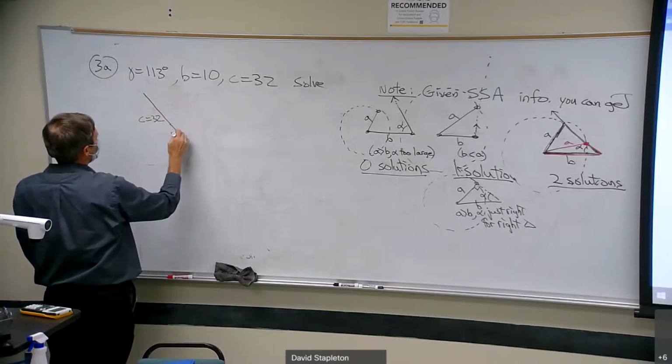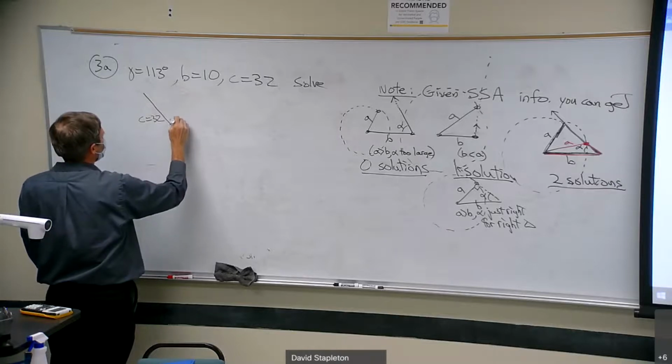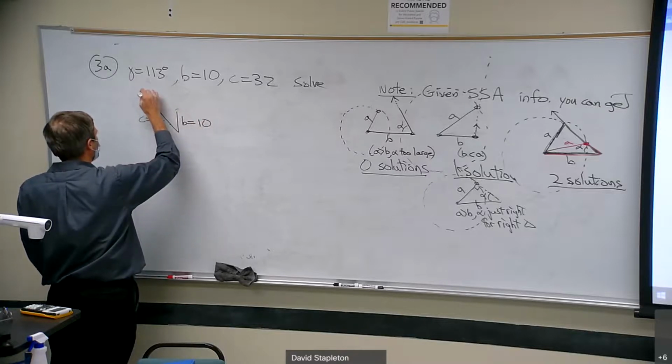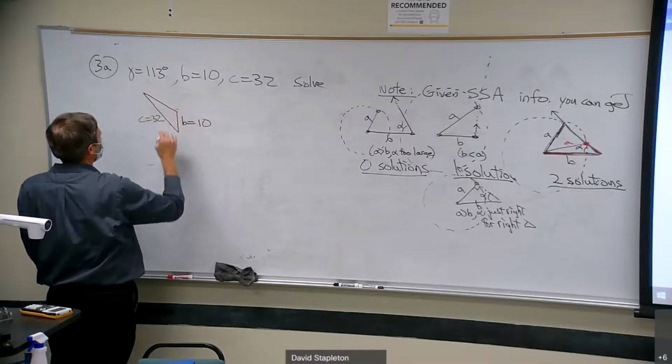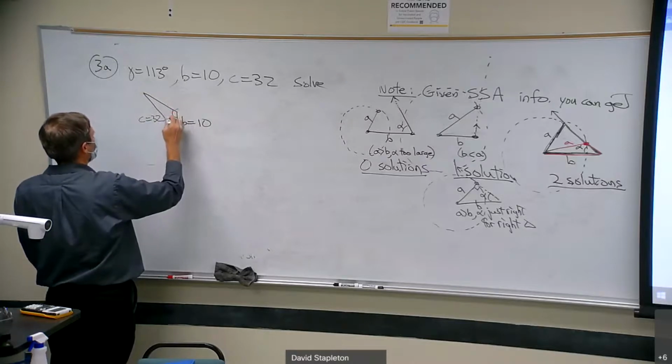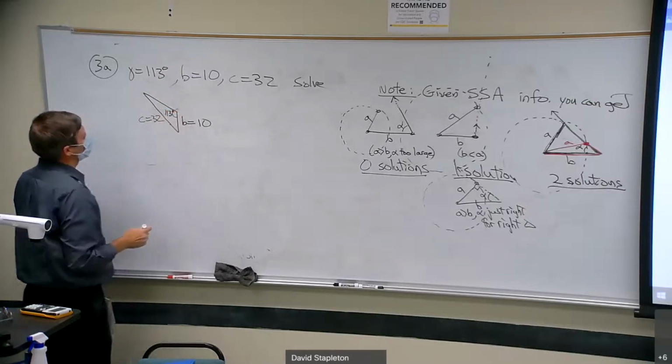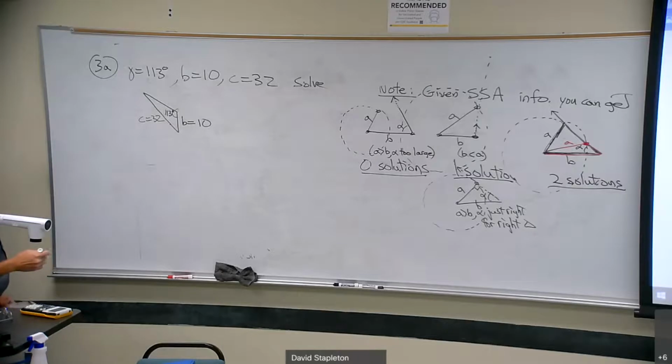B is 10. Let's put it here, I guess. A lot shorter. And I close the triangle. Oh, there we go. 113 degrees opposite. That looks about right. Maybe there's one triangle in this case. Is there? Well,